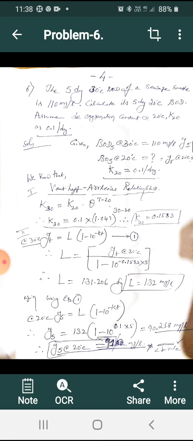In the next week I will take the sewage treatment plant, the outline of all the things. The STP outline and what its functions are, one by one we will go on studying it.